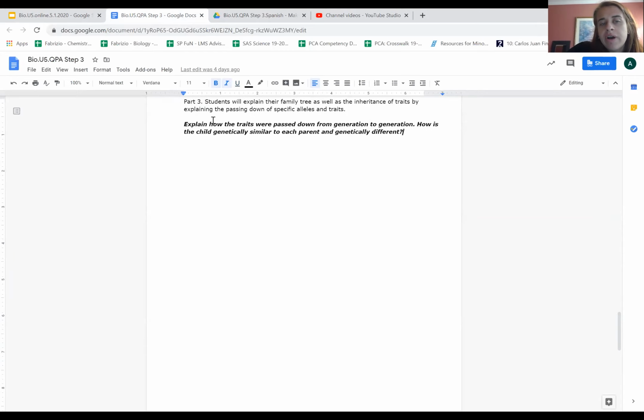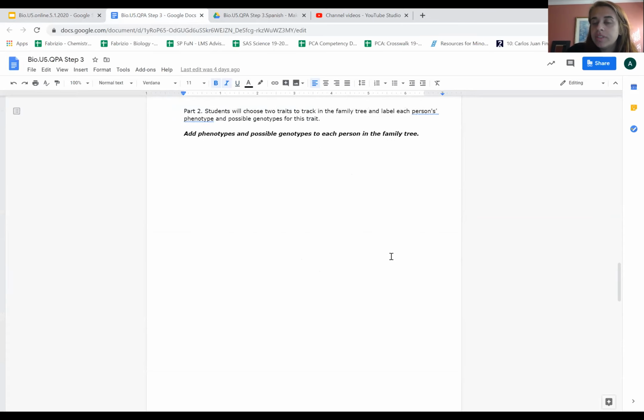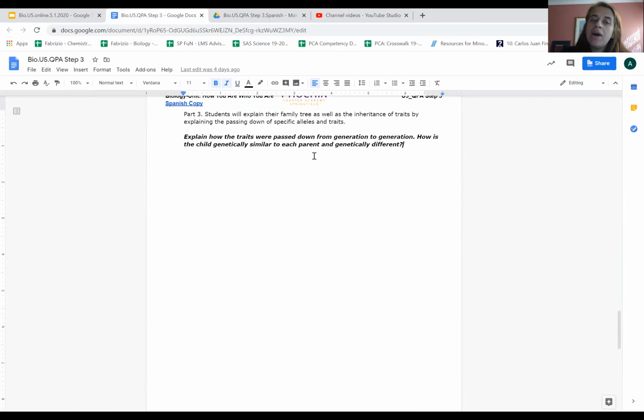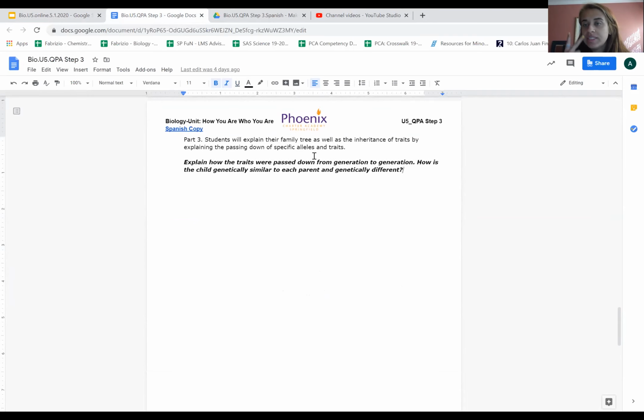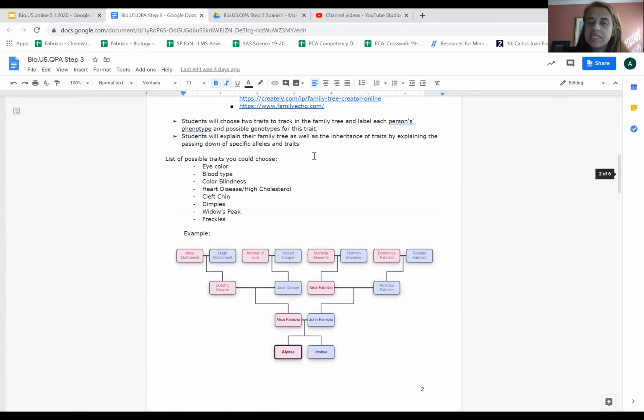You are explaining how the traits were passed down from generation to generation, and how the child is genetically similar to each parent and genetically different. Basically, you are just explaining in word form, in a written paragraph, what you did in part 2. How are the two traits that you picked, seen getting passed down from parent to offspring, being passed down? You just need to write it in written form. It should look similar to what we did in